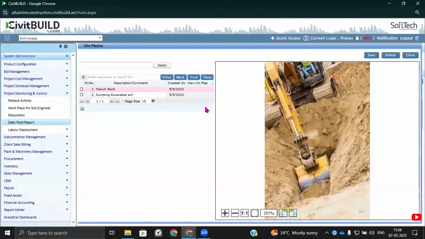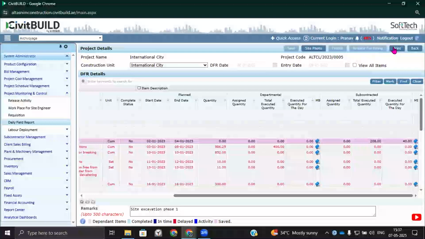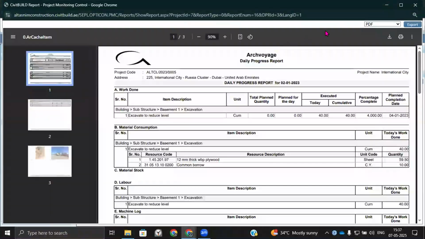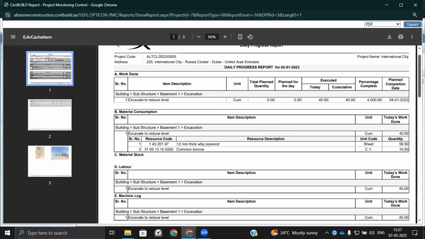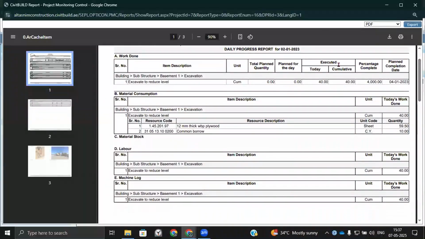Site photograph upload is an additional provision in a daily field report, which helps the project manager and overviewer understand what the actual site looks like when a progress is mentioned on that particular day. We can have a provision wherein these reports generated in a daily field report can be triggered to a project manager by email, so they can have an update at the end of the day on what site activities were performed by a site engineer, or how a particular site is in progress based on the planning.